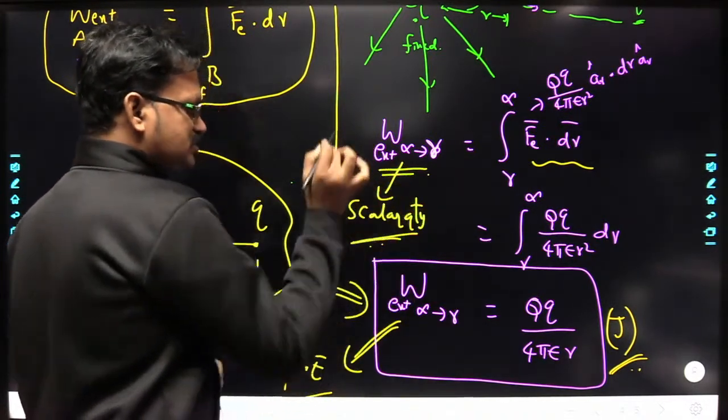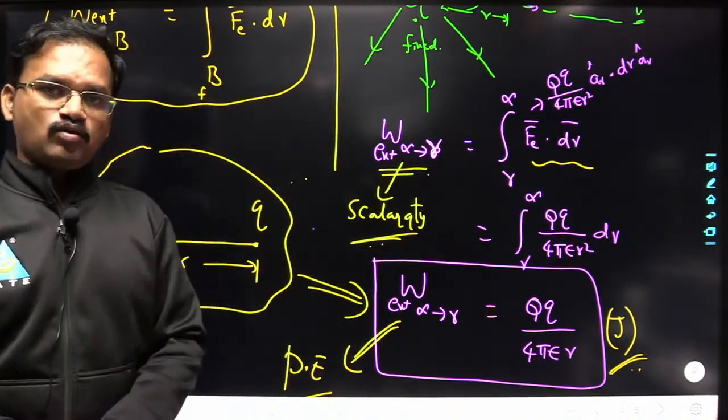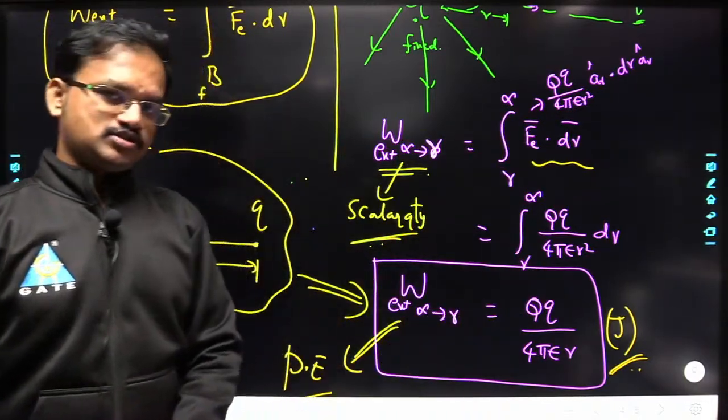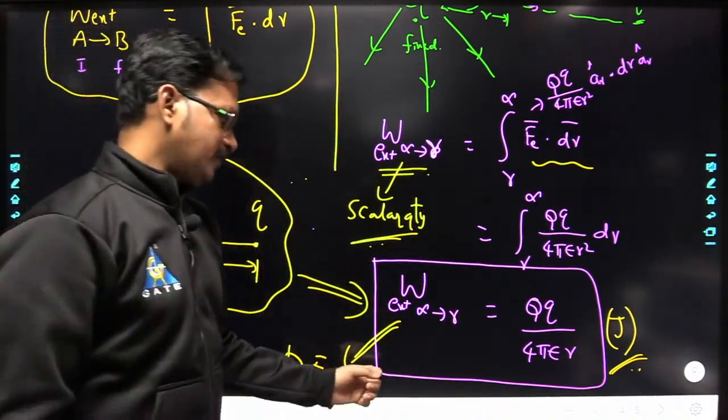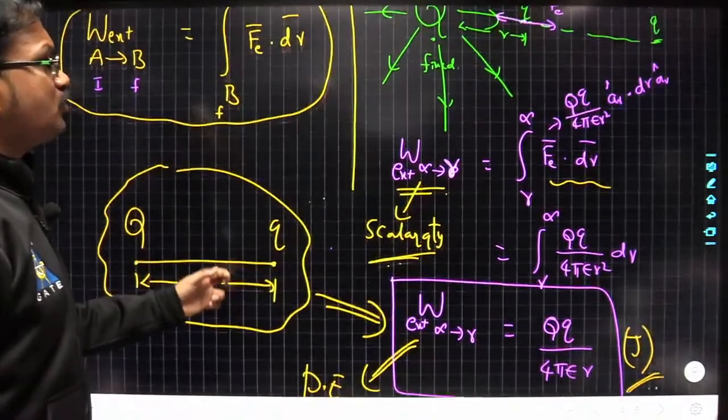So in the first class itself, I told that energy or work done is a scalar quantity. Yes or no? Because it is the result of force dot displacement. Understood? Okay. So